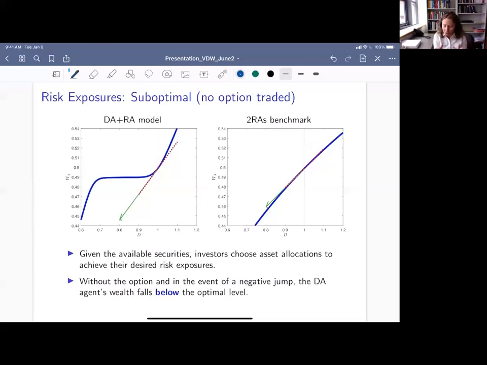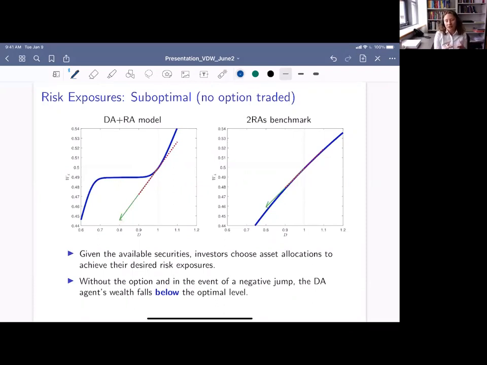Let me briefly comment on what's going on here, because we'll see some similar strange selling behavior in our model as well. The way you should think about it is that you have these investors trying to achieve desired exposures to both types of risks, and different risky assets offer different exposures to these risks in different proportions. The stock provides almost equal exposure to both the diffusive and the jump risk in the dividend fundamental. So the more risk-averse agent in this benchmark economy wants to avoid diffusion risk, but can tolerate a bit more jump risk compared to the disappointment averse agent on the left.